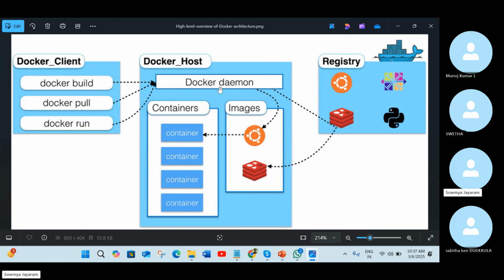Whatever commands you're giving from the CLI, which is your Git Bash, whether you want to build, pull, or run your image, that request will go to the Docker daemon. The Docker daemon is nothing but a background process that runs your request.